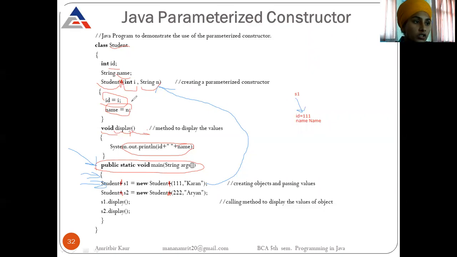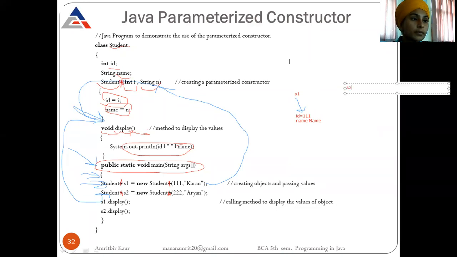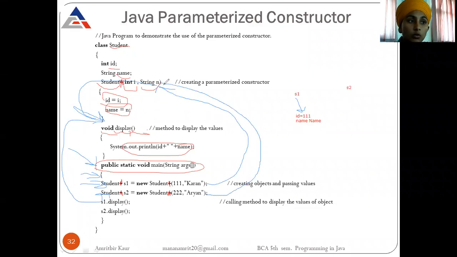So this is the end of the constructor body. After this is executed, our control will go to the next line, that is Student S2. Now again an object is created, S2, and when object creation is executed, it will automatically go to the suitable constructor.